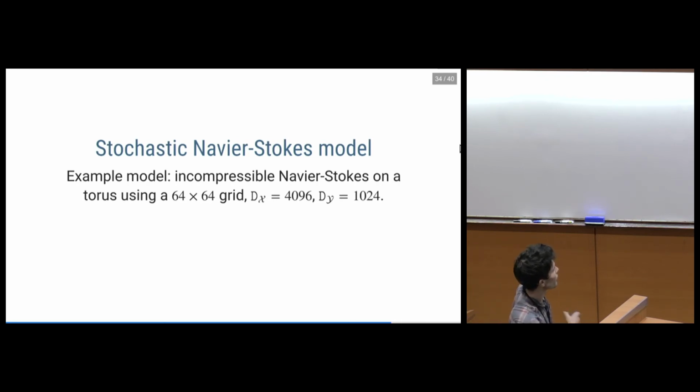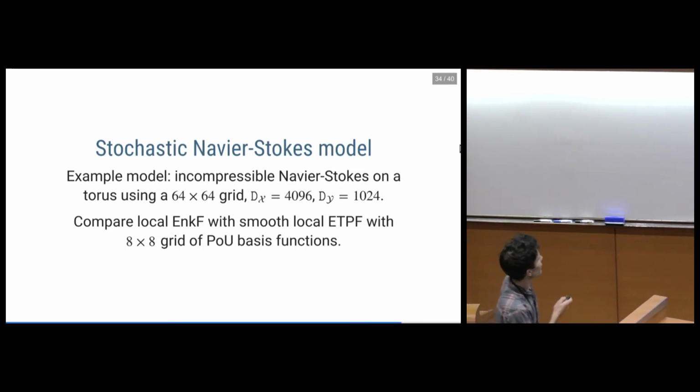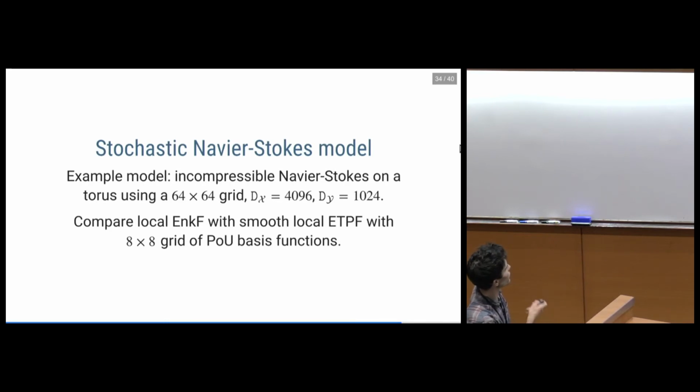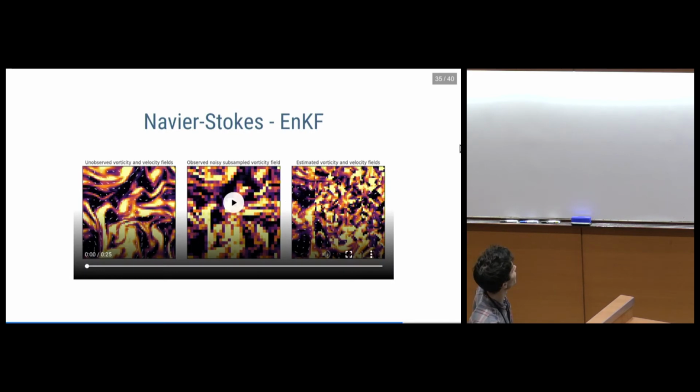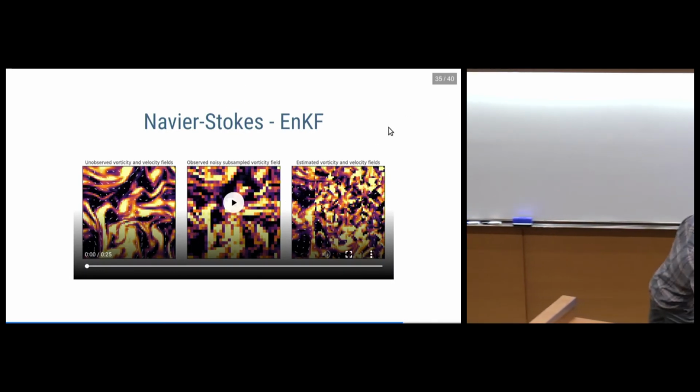This is relatively toy on the scale of the large geoscience models that we were talking about at the start, but this is still beyond the dimensionalities at which we'd be able to run a naive particle filtering algorithm without getting weight degeneracy. So I'll compare a local variant of the ensemble Kalman filter to this smooth local ensemble transport filter, using here an 8 by 8 grid of basis functions. Okay, so this first video is the